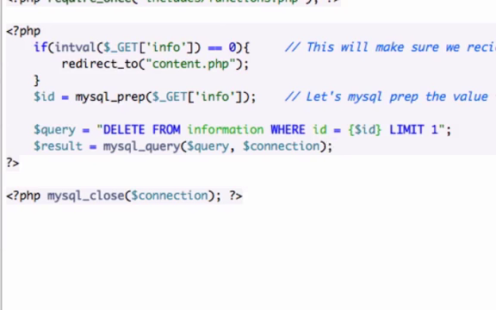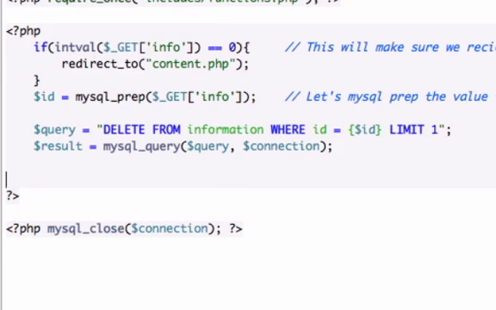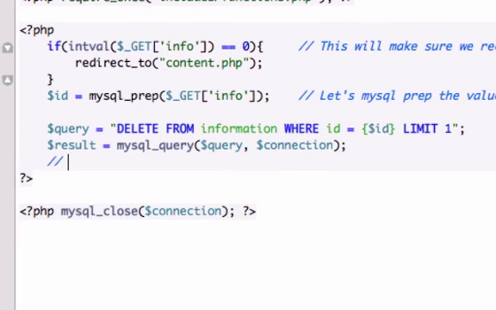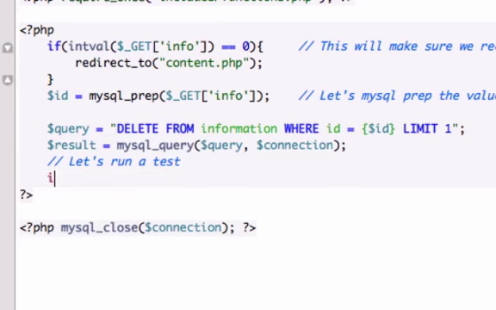Okay, so what I want to do now is I want to run a test. Nope, let's delete that one. I want to go ahead and run a test to see if this works. So I'll just go ahead and run an if statement. I'll give you guys a comment right there. Let's run a test, not a text. We're not text messaging. Run a test. So let's do if